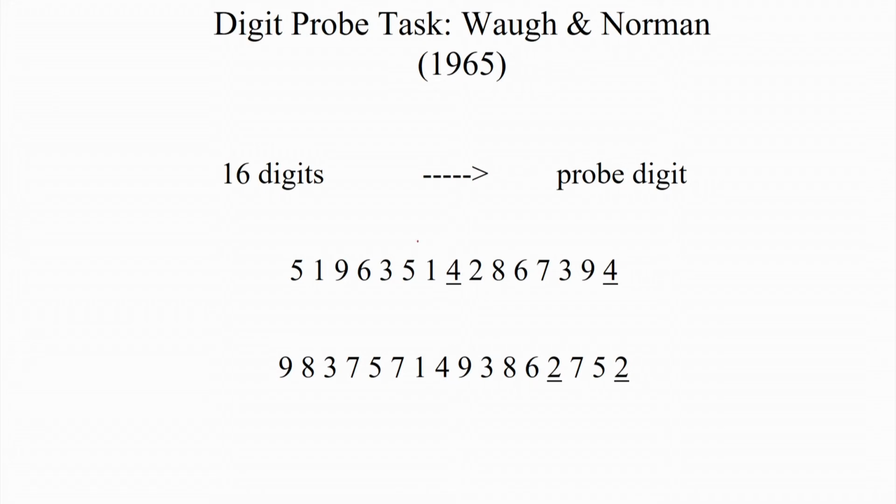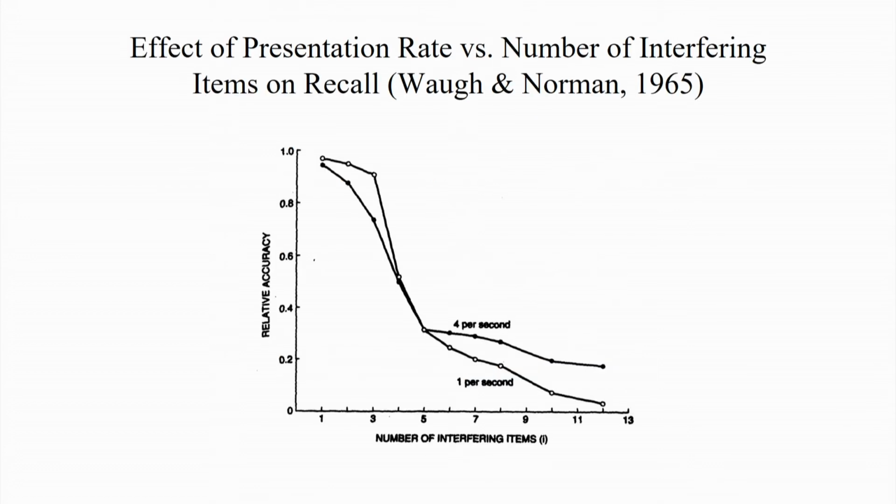So, this is how the task looked. This is a 16 digit task, this is the first occurrence of it, and this is what you tend to remember, and this is where the effects of presentation rate versus number of interfering items are looked at. If you look here, the number of interfering items is 5. Both the 1 second and the 4 second presentations are almost similar in terms of relative accuracy, but then if the number of interfering items is more, which means that the number of digits which precede the first